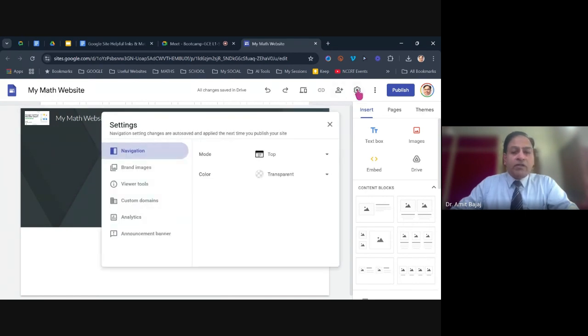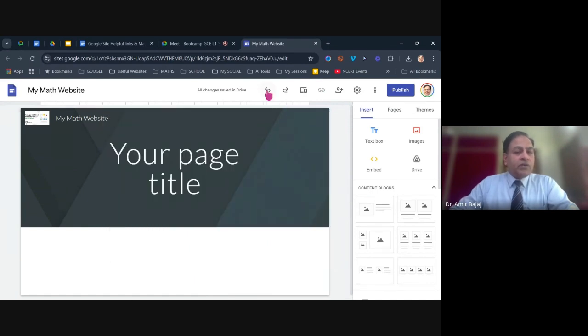So the gear icon always represents the settings. Everyone knows about the undo and the redo options. So if I find something I did has a mistake, I can always use the undo and redo options. There's another option which is referred to here as preview. So preview is simply how your website will look once it is published